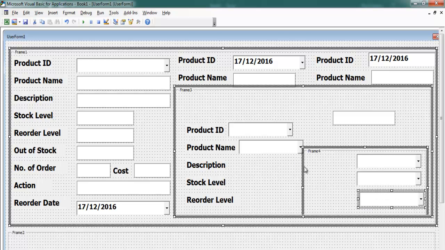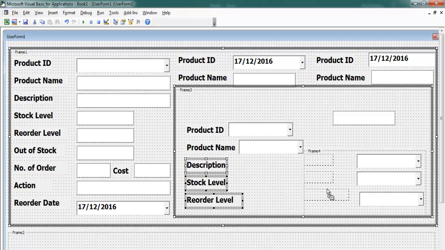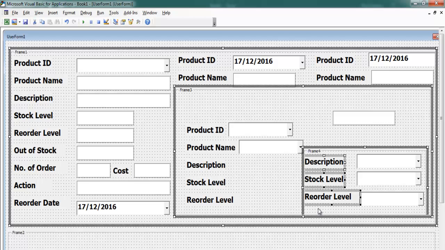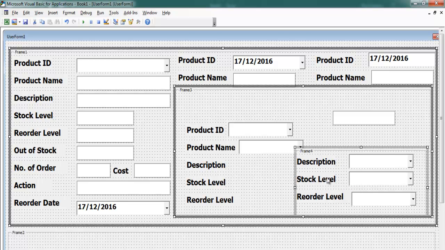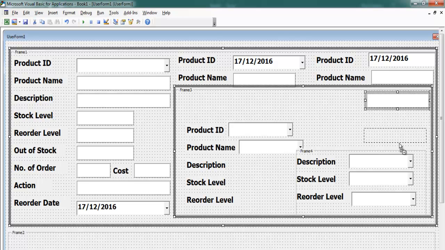And 3, and we need 3 labels there. Okay, and here it's going to be 2, 1, 2,